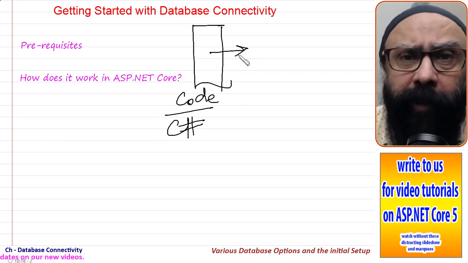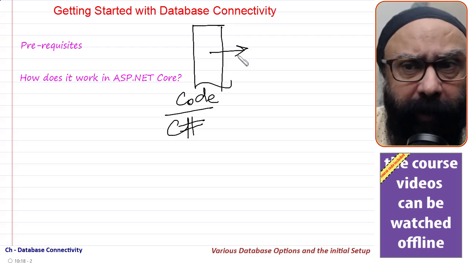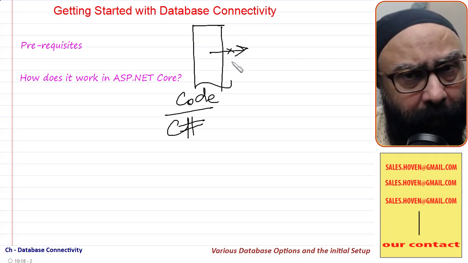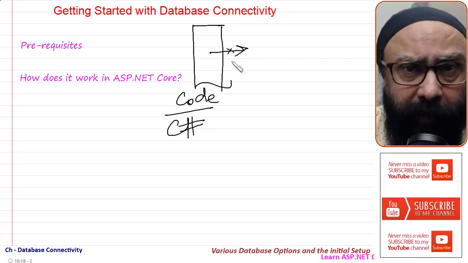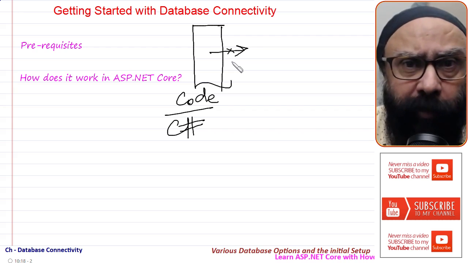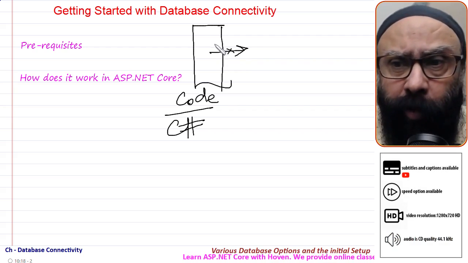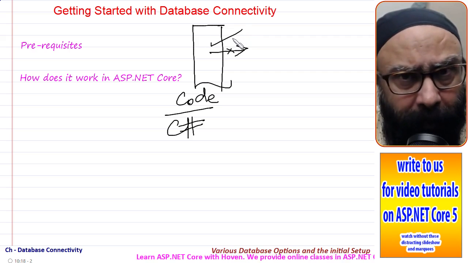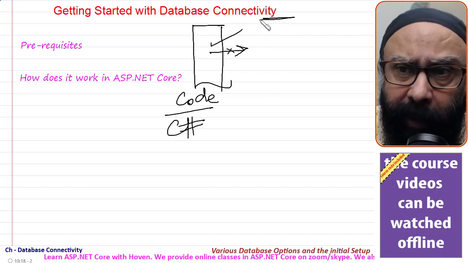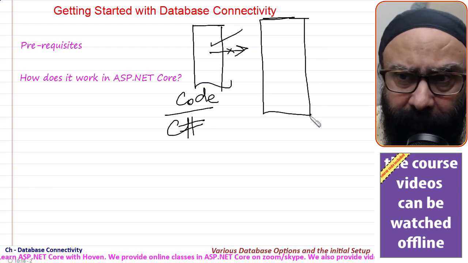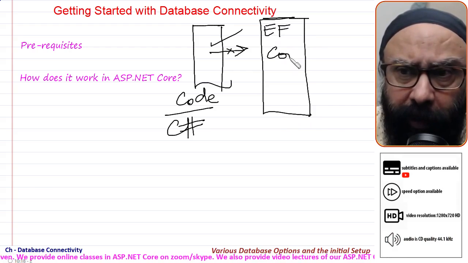Now, one possibility, that is the classic possibility, is that you write database specific queries on this side. Then it is not possible to replace the database. If there is a need to replace the database at a certain time, then you will have to modify your whole program here also. The basic philosophy is to insert an intermediate layer. An intermediate layer is inserted which is called EF Core.